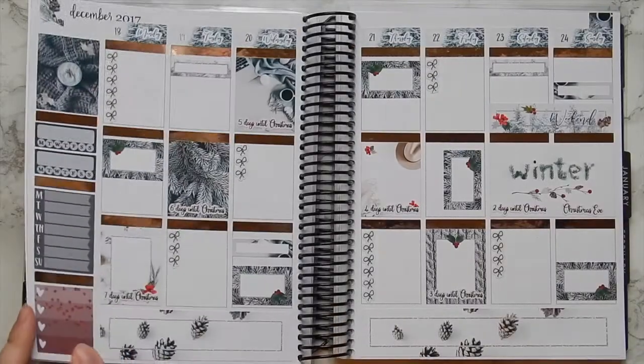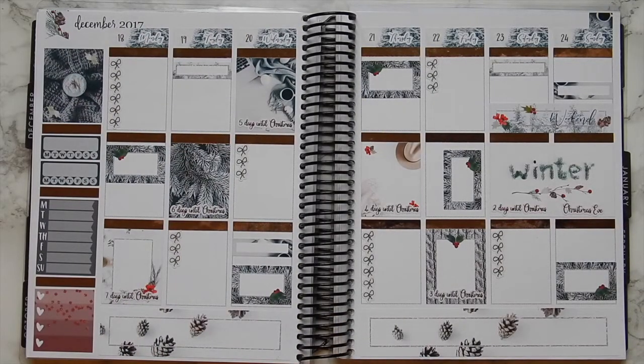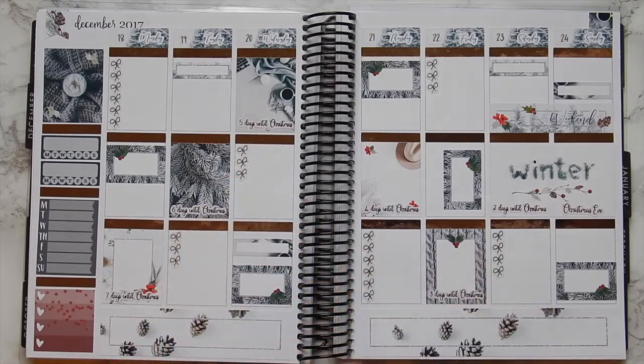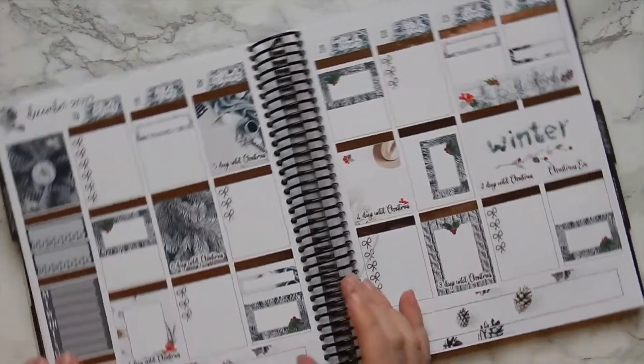So I'm going to probably do that. I don't think the washi strips in here are quite as skinny. They're more like header size, the smallest ones, but that totally works anyway. I'm going to pull in these little, I don't know if they're petals or hearts or heart-shaped petals or what. Anyway,